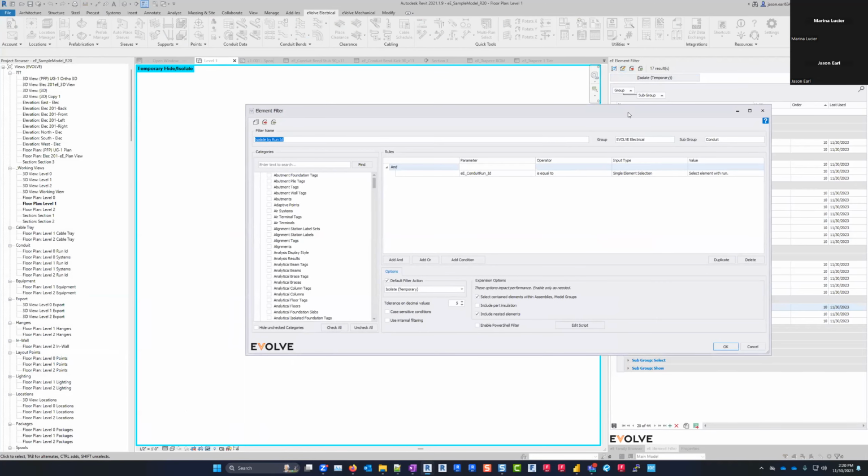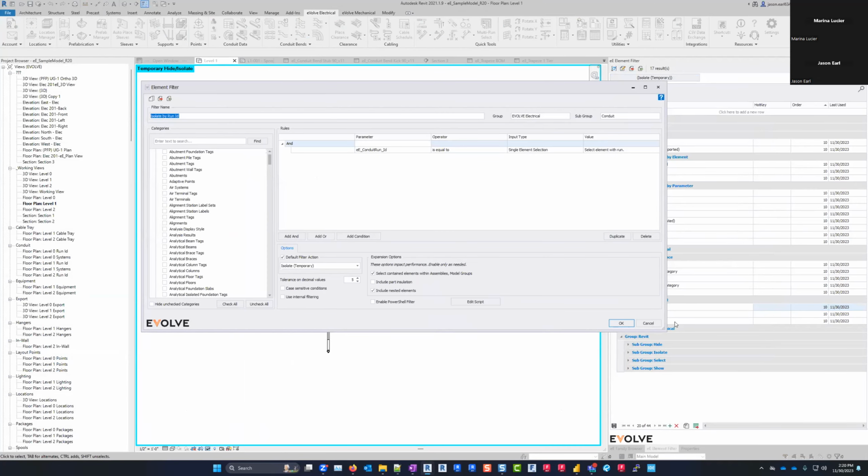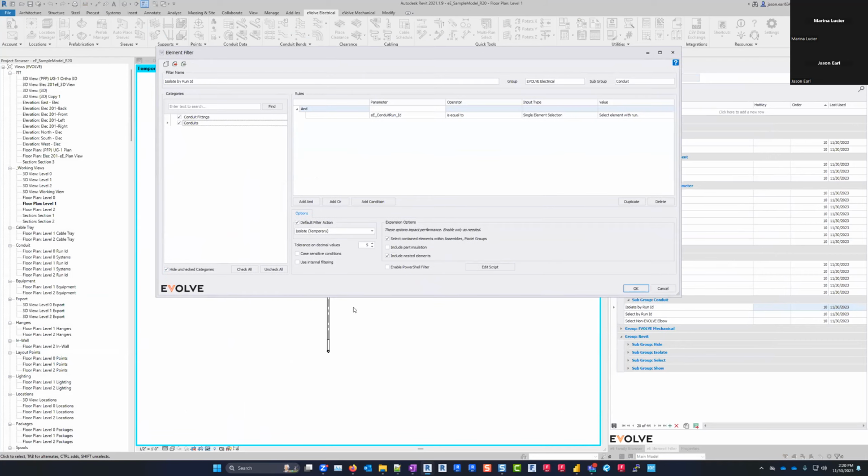All right, so it might have seemed like magic that was going on there, but it's actually a very simple element filter. So if we look in our categories, we're filtering down to conduit fittings and conduits because that's what's going to make up our conduit run. And then in our rules, we've added a rule here with our parameter EE conduit run ID, and then our